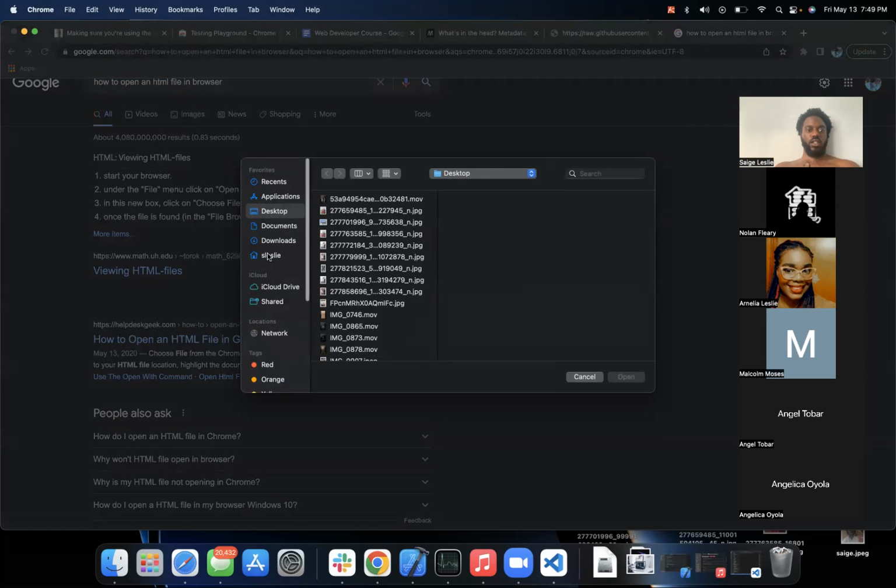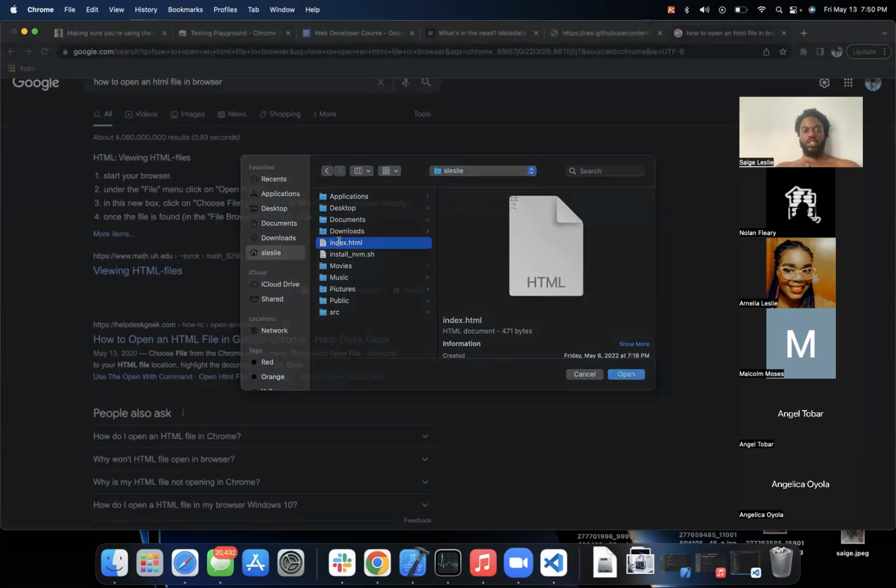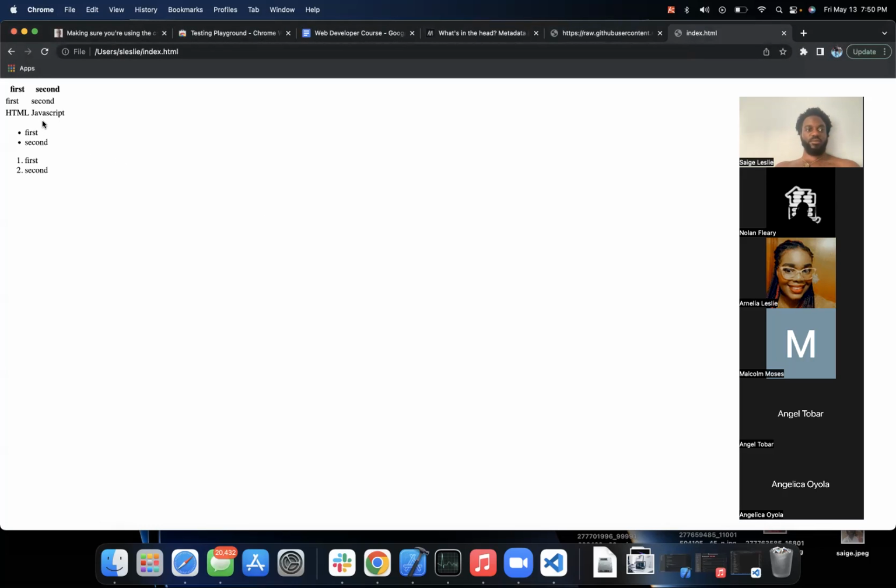And then coding course. I'm gonna change this to code. Oh, I did not mean to do that. I did not mean to do that. All right, we're just gonna open this HTML file because I do not feel like reopening another one. But yeah,